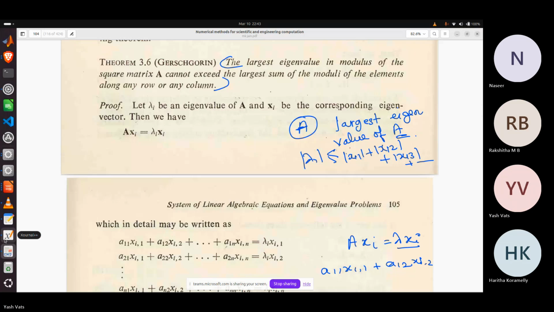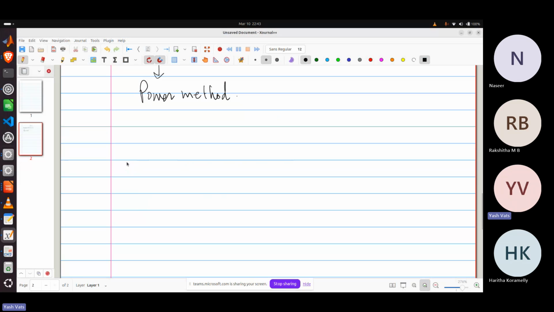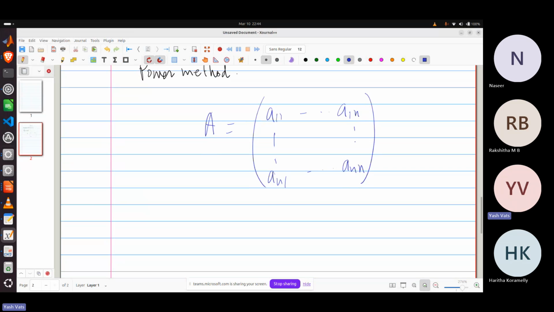So what does it basically mean? If you take any eigenvalue of A, then it cannot exceed the largest sum of moduli along any row or any column. So I just recall it. If you have a matrix A which is something like A11, A1n, An1, Ann, then it says that